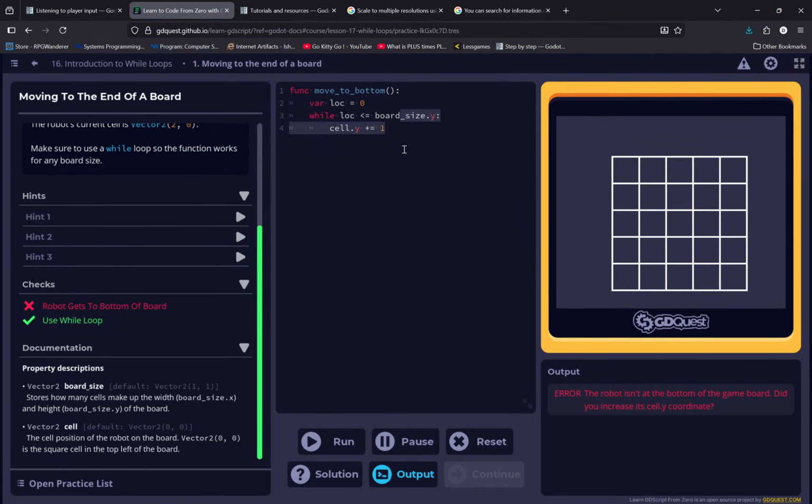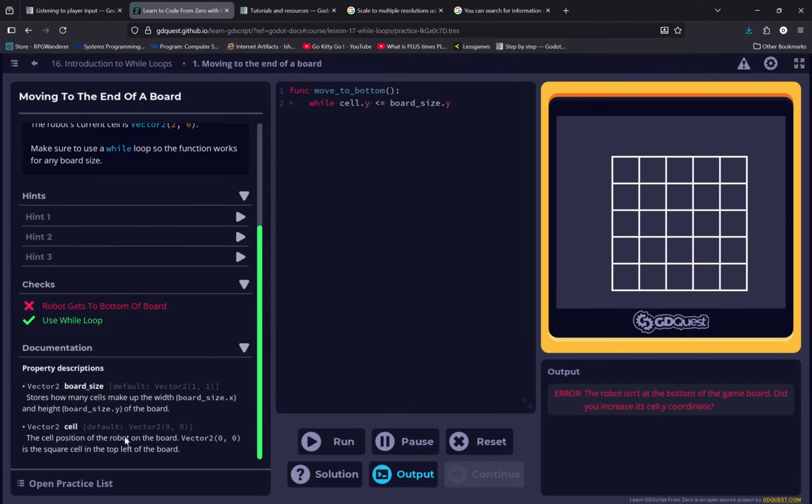Wow, we don't need the location variable. I didn't realize there was documentation down here. Cell dot y is less than or equal to board size